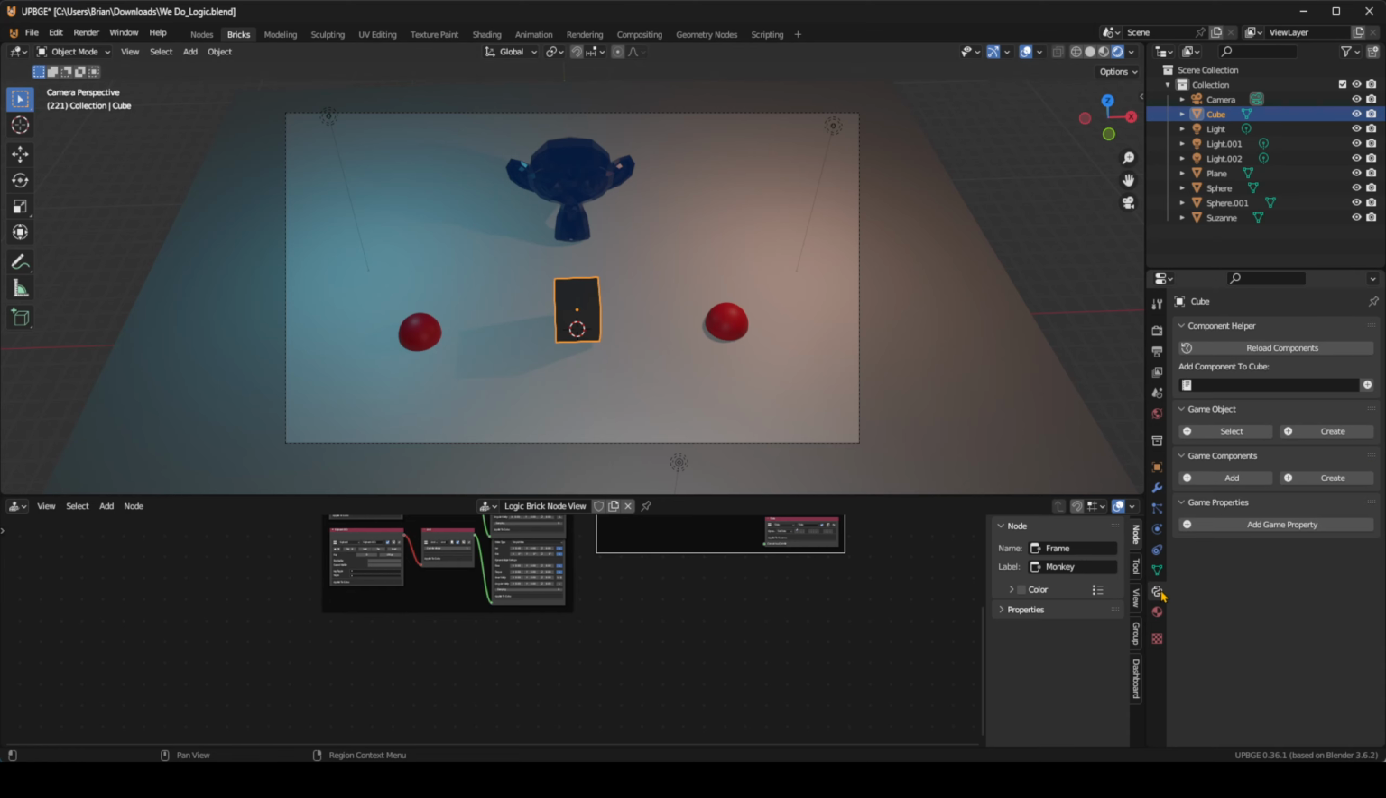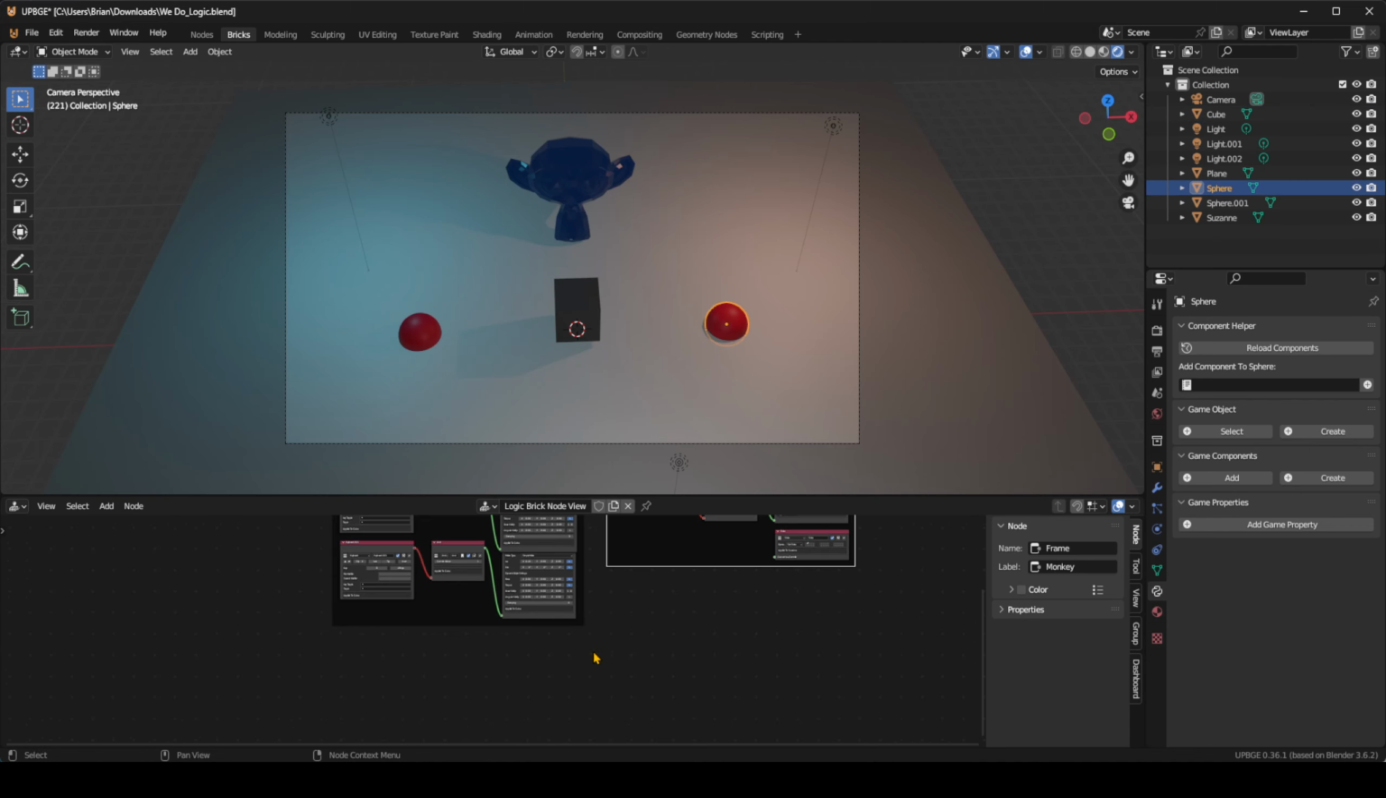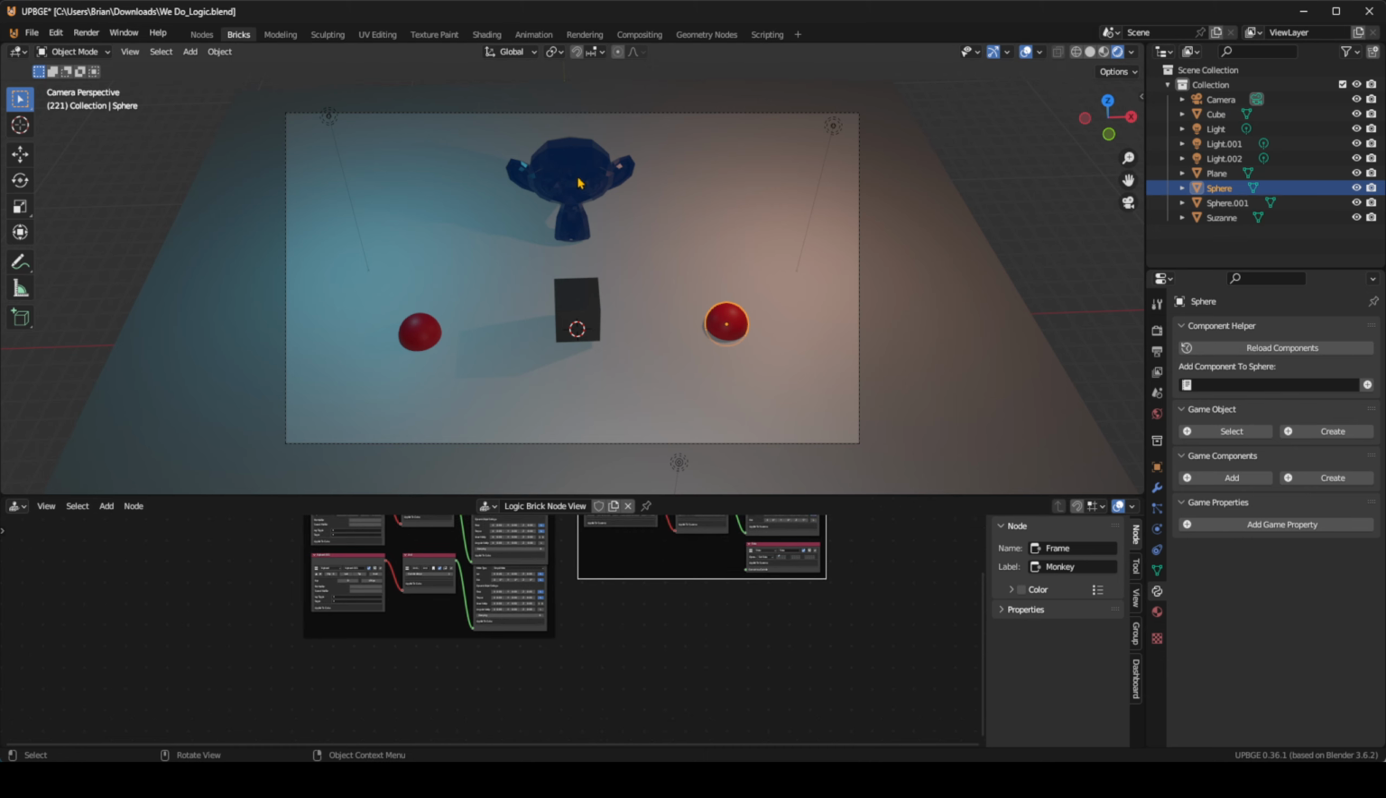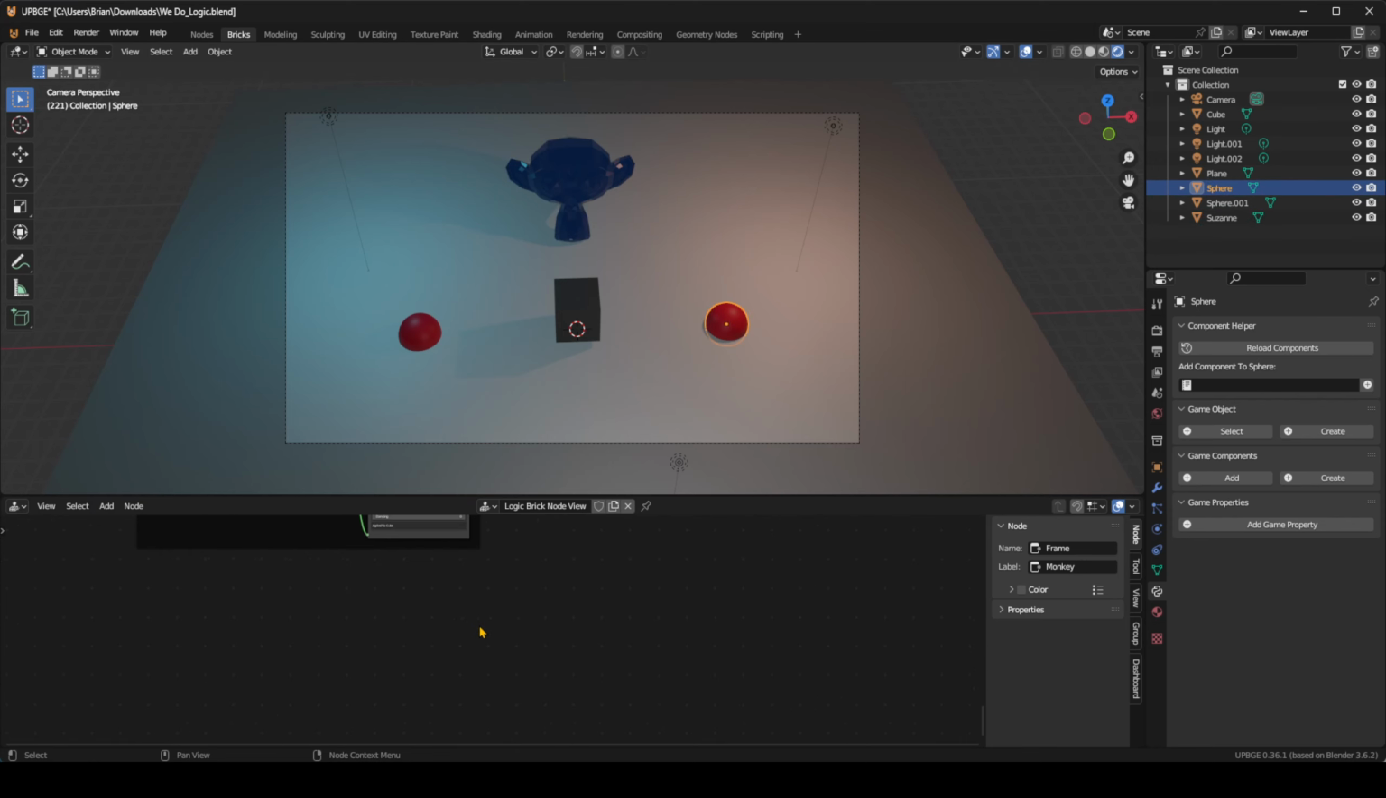So let's make sure that we have a game property right here. So we're going to click this menu right here, and we're going to click Add Game Property. And I will rename that to Player. Okay, so when these collide with player, they're going to disappear, and they're going to change the property on this. Okay, so all we have to do is